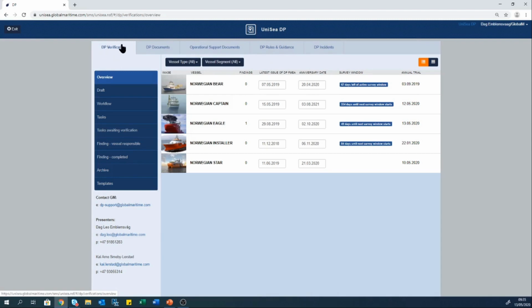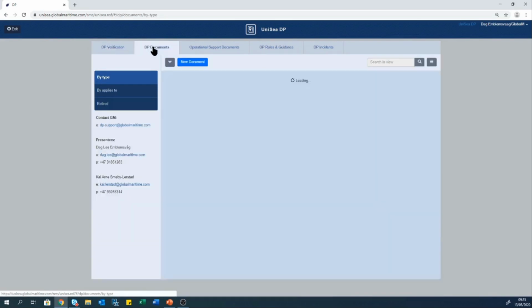DP verification is the section where we have the DP trials program, before completing the trials program, and we also verify findings and follow-up, and also our archive. I will go through this one just after I'm done with the smaller parts of this module, the DP documents and the others. So moving into DP documents,